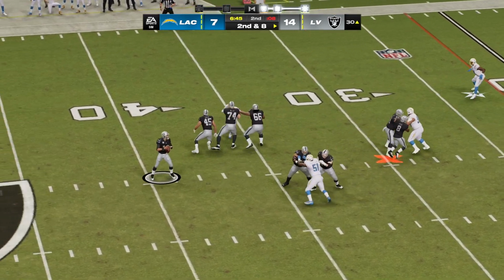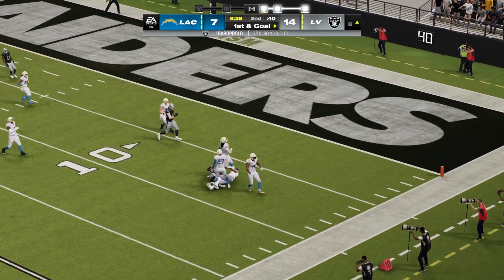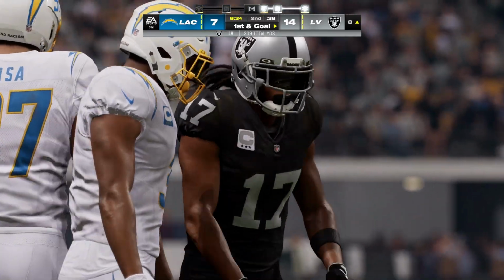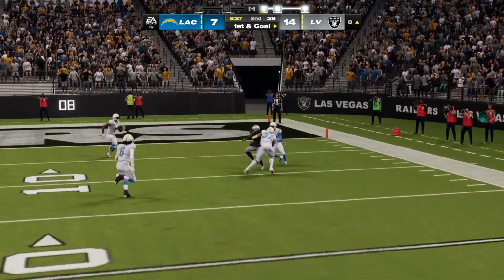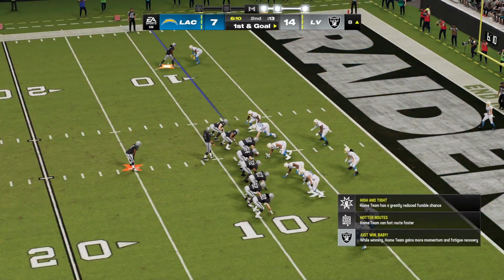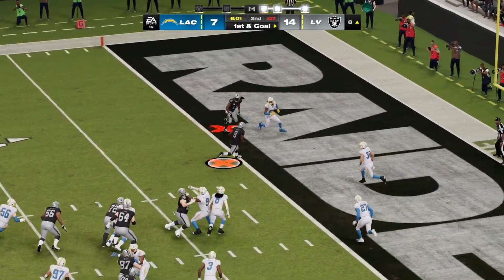They fake the give. Now Garoppolo looks to throw. He hits Adams, complete. And he's brought down, but not before he reaches the 8-yard line. A well-executed 22-yard gain. A great job pulling that one in from a guy, as we know, who can really blaze. He's got a lot of speed. And that speed can work for him so many different ways. Sometimes he just takes off and goes and just runs past people. Sometimes you get people to back off so far that...